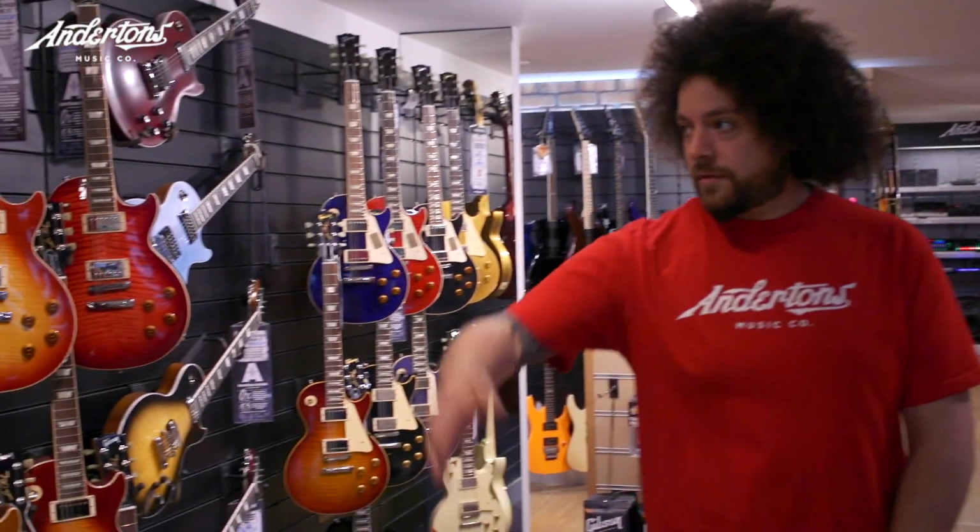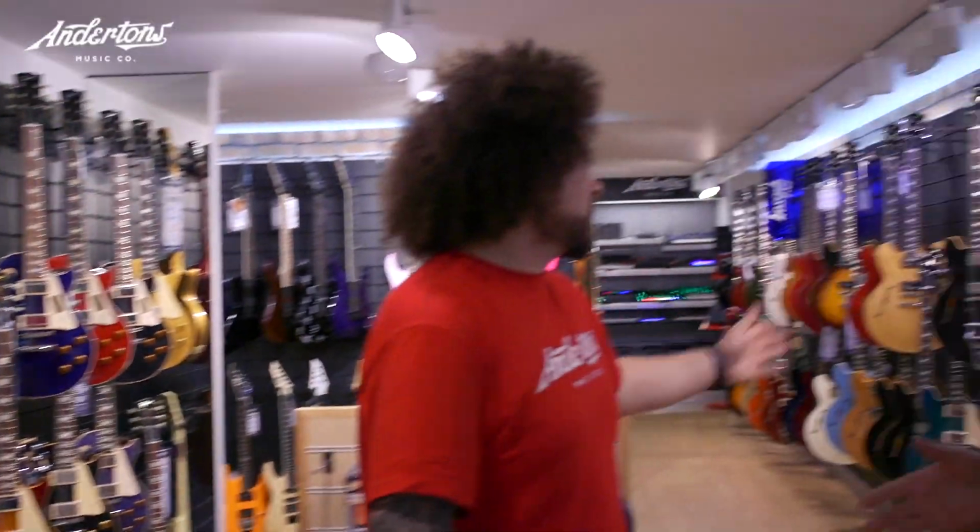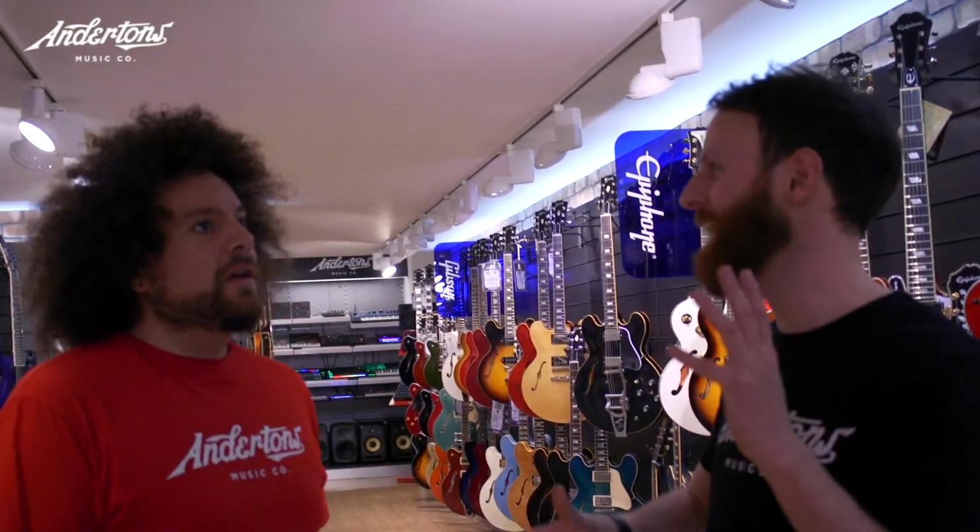Right, so here we are in Andertons guitar department. Ready to roll. Right, this is Gibsons. Now, we've used loads of Gibsons on Sounds Like. Do we want to use a Gibson for the ultimate rig? I'm going to say no. Rock and metal? No. I mean, you could, but I think we go something a little bit more modern. More modern than Gibson? I'm thinking like...